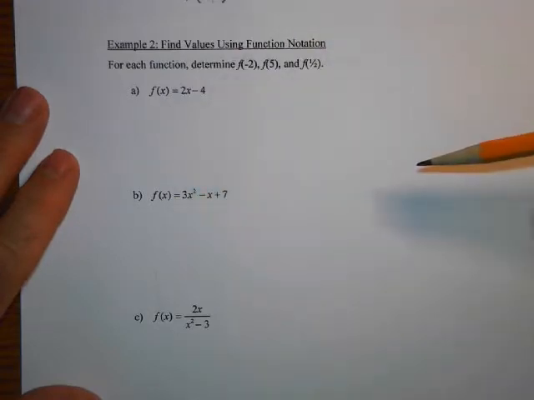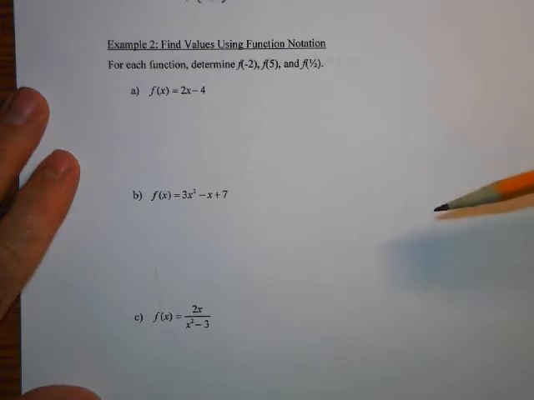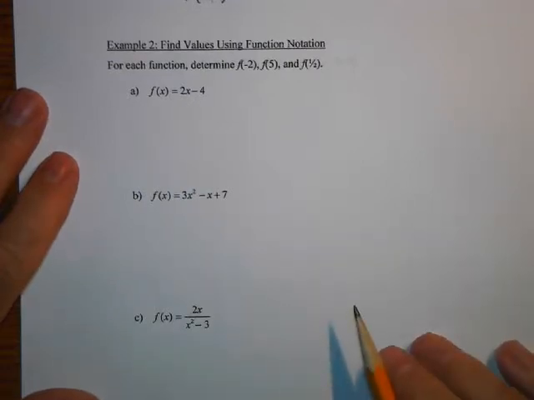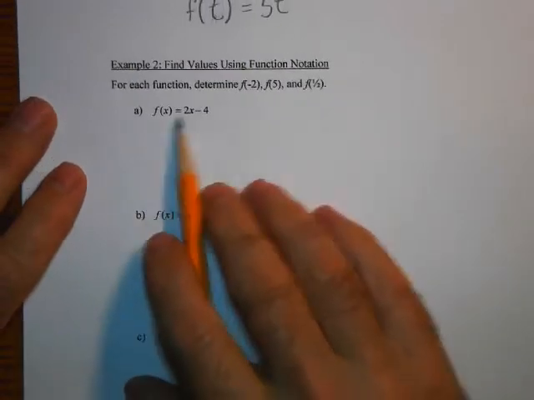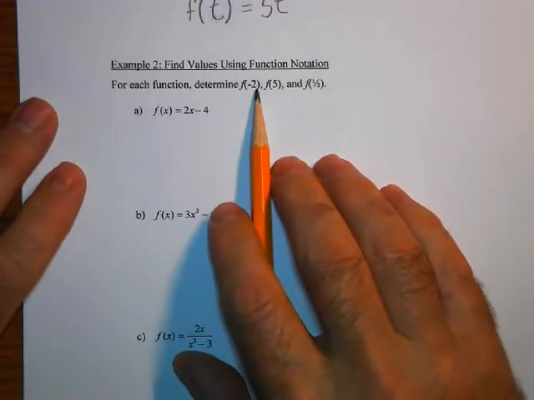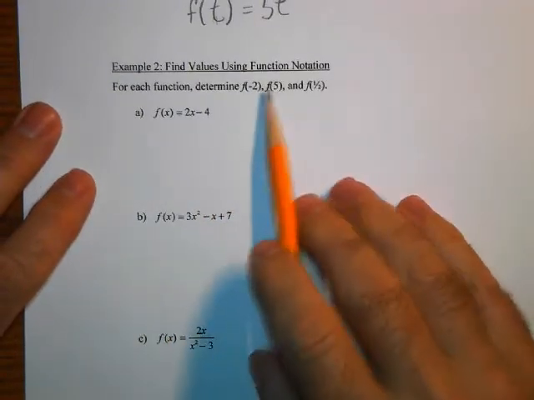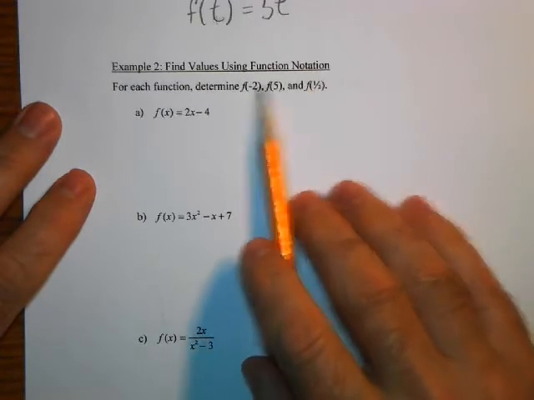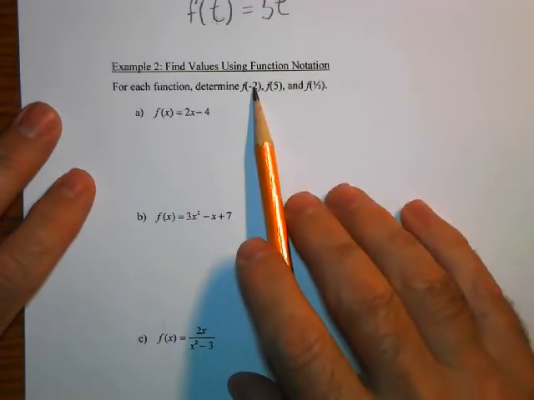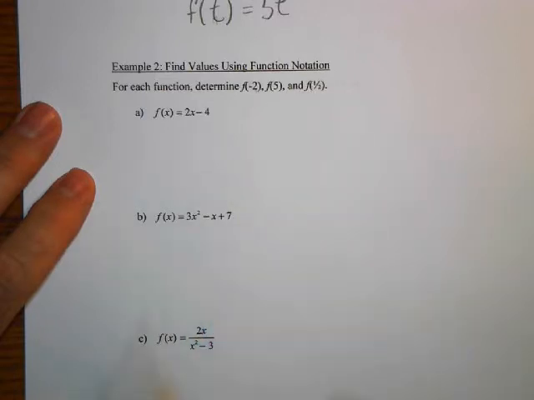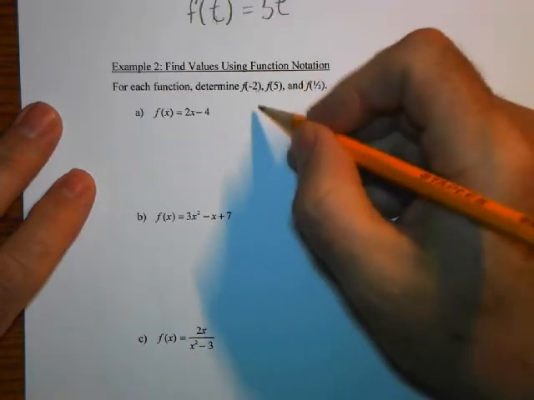And then if there's another function that you're going to talk about at the same time, you just go through the alphabet: g of x, h of x. You wouldn't usually use i of x, but k of x, p of x, those are all common names for functions. Okay, so this is actually saying for each of these functions, determine f of -2, f of 5, f of 1/2. So in all 3 cases we're using the function f, but we're using different inputs. So f of -2,